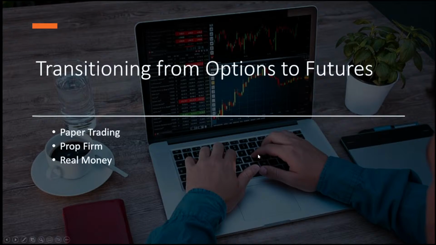And then once you start with, say, 1 micro, and you're doing really good, go to 5 micros and then go to 1 mini. And then from there, as you're more profitable and doing good, you start sizing up in contracts. That's the one nice thing about futures, there's a really nice slow progression in sizing up.